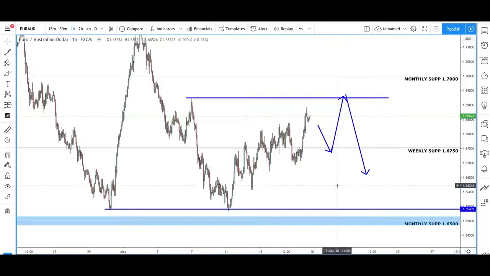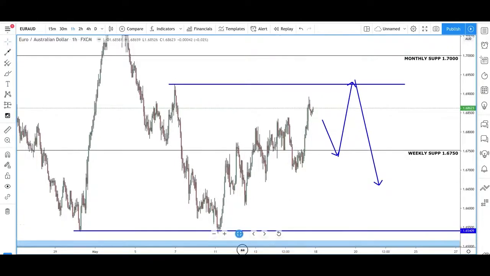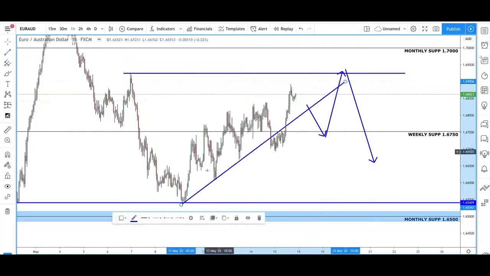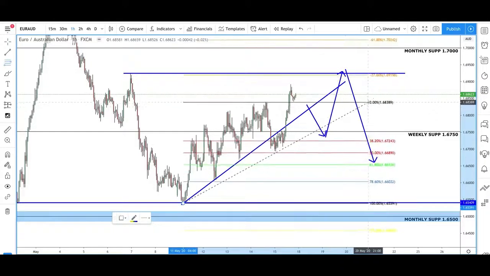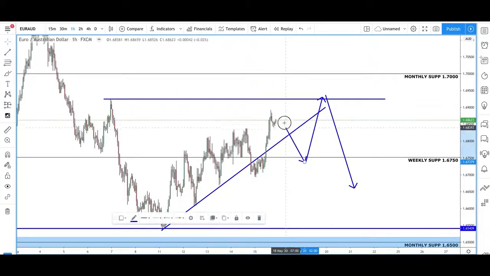Euro AED, similar situation. Euro AED had a good push up on Friday. We had been looking at this pair potentially coming down a little bit lower before looking at a long trade. We had broken this trend, looking at this coming back down. We've broken through this trend line here. We were looking at price coming back down, potentially looking for a long trade up into the regions where it's at now. It came back, just missed the 50% here, and we've had a strong push up on Friday.